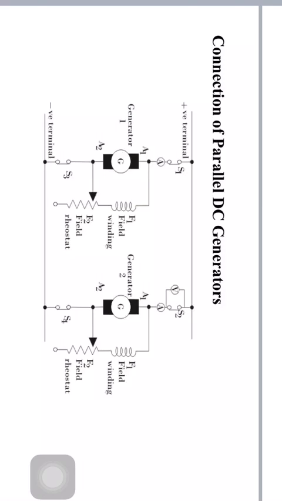By closing the switch S4, we bring the speed of the prime mover of the second generator to the rated speed. So generator 1 is the existing, working generator, and we are connecting the second generator, two generators in parallel. So switch S4 is closed, and we are bringing the speed of the prime mover of the second generator to the rated speed. Okay, and next one,